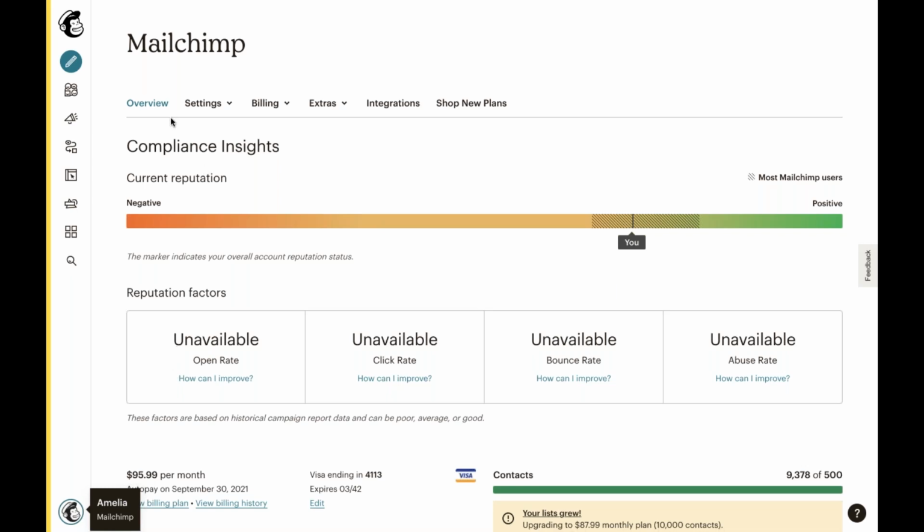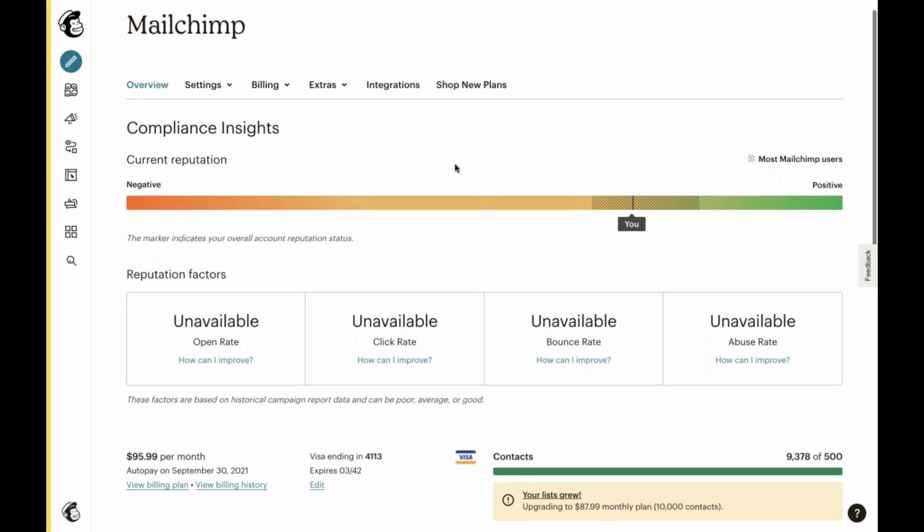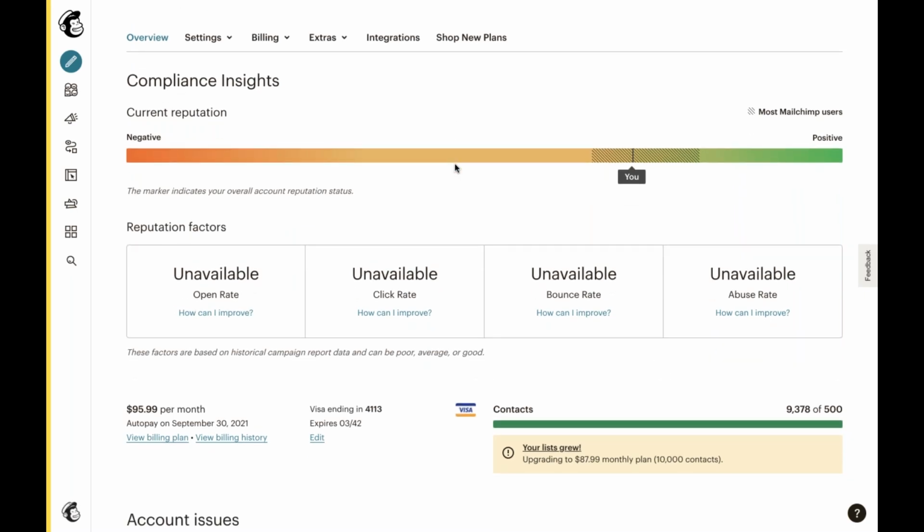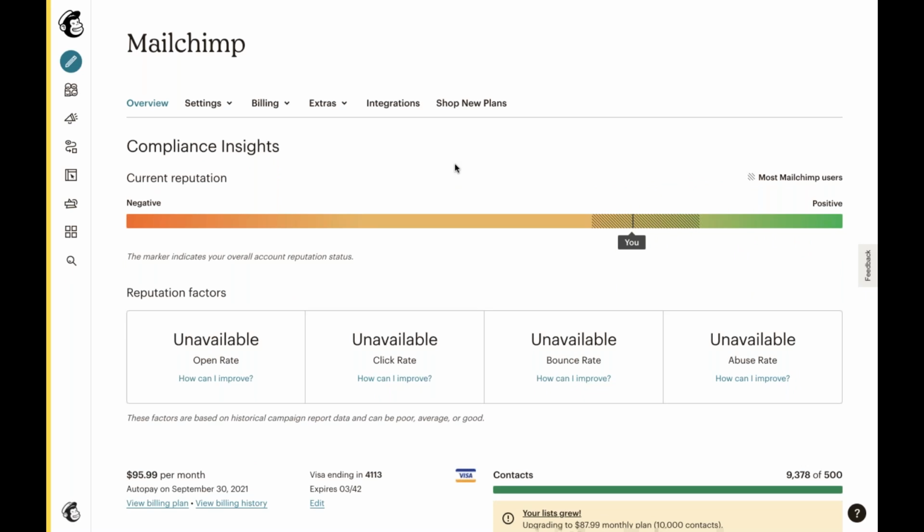And so from these various account tabs right up here, you're going to be able to manage all of this information. So first, on this overview page right here, you'll be able to see which type of plan your account is on and gather more insight into any account issues that come up, specifically any that may be related to billing or compliance. And we actually want to point out that this account that we're using today is on a Premium Pro MailChimp plan. So if you're using or seeing something slightly different in your account, it's most likely because you're on a different plan type. If you have any questions about the differences in our plans, you can visit mailchimp.com/pricing to find out more.